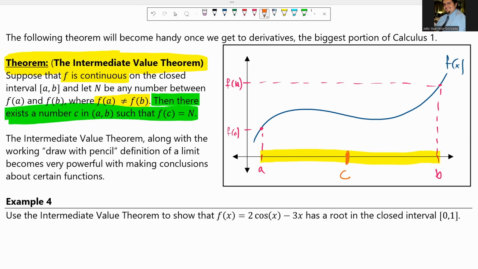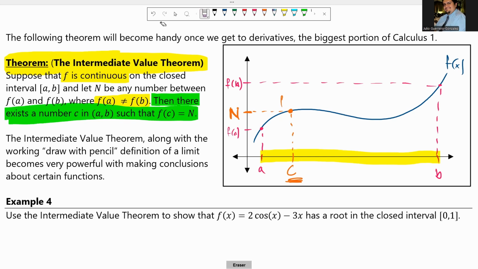Sorry, I did it the wrong way. Suppose we chose an n value. I jumped the gun a little bit. Suppose I chose an n value in between f(a) and f(b). Then I am guaranteed this value down here. So I'm going to follow this over to here, and down to here, c. I'm guaranteed this value such that